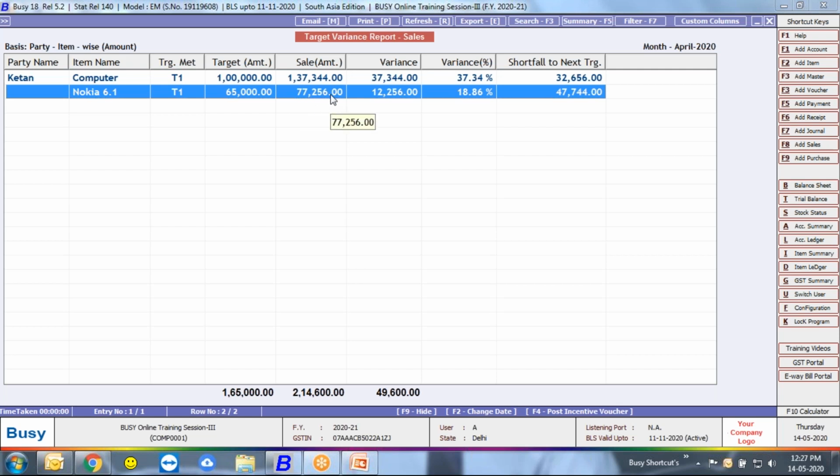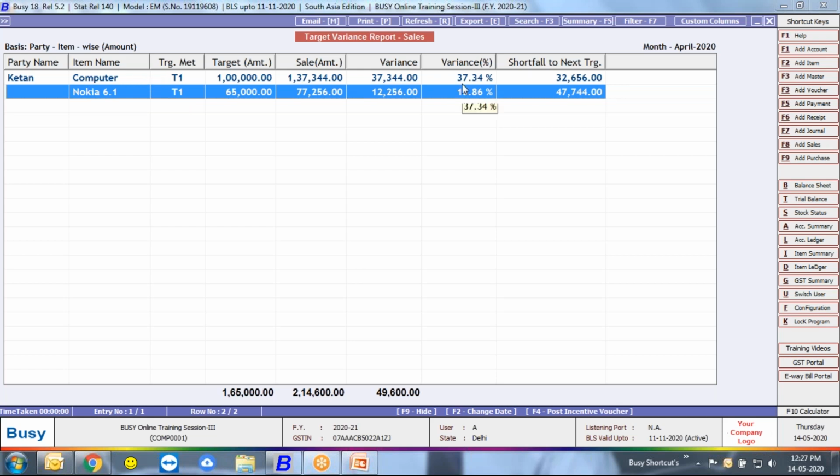With the Nokia item we sold 12,000 rupees more to Ketan, and 37,000 more in the computer item. So this is the basic report of your target variance.